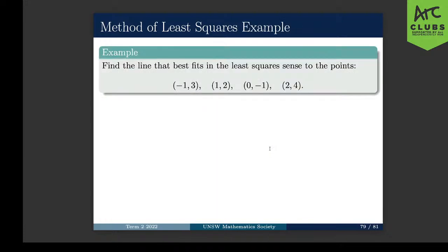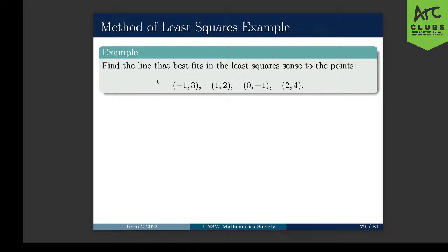Okay, so that seems like pretty abstract stuff, but all it's saying really just turns out to be finding lines or curves of best fit to points that represent that matrix. Let me just illustrate that here. So find the line that best fits, in the least squares sense, to the points